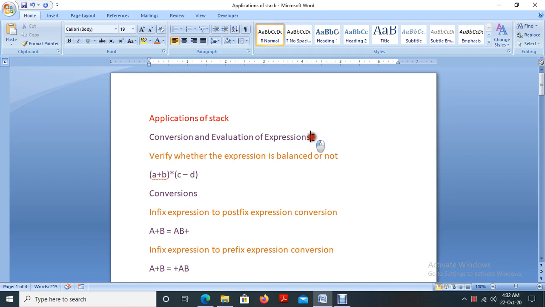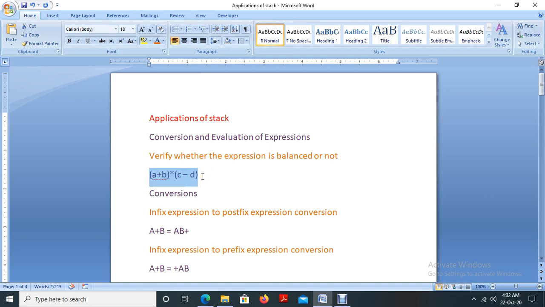So, the main part of this concept is, consider the scientific calculator that we are using. We all know that while giving an expression like this on the calculator, it will give an exact result. For example, instead of operands a and b, if I am giving 3 plus 4 star 4 minus 5, you will get a correct result. So how is this performed in a calculator, that we are going to discuss here, and that is one of